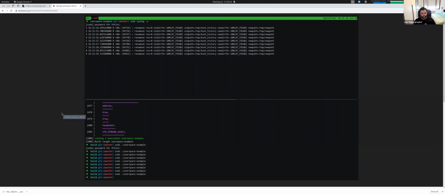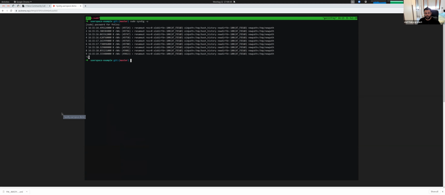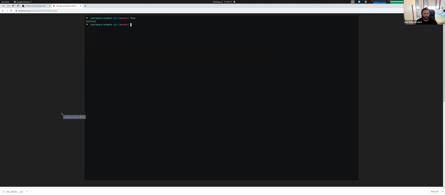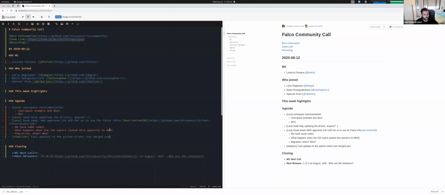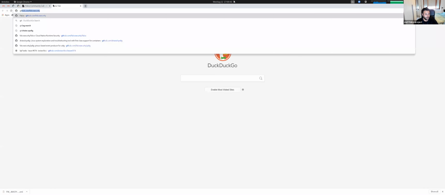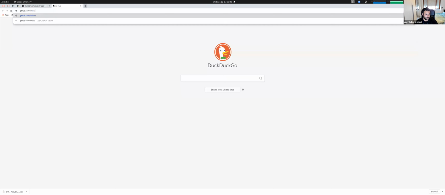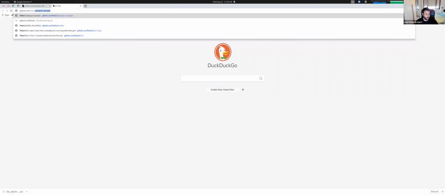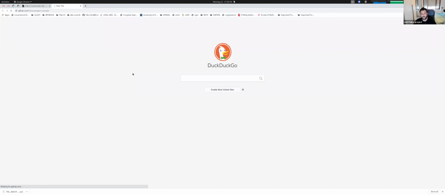So if you see my screen here, I'm just calling the Userspace example and sending a fake event to Falco. This is not just for sending fake events, as you probably understand.